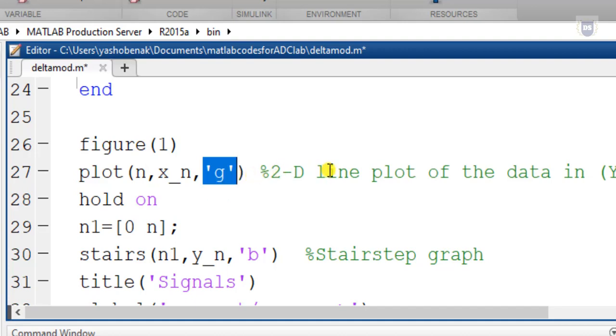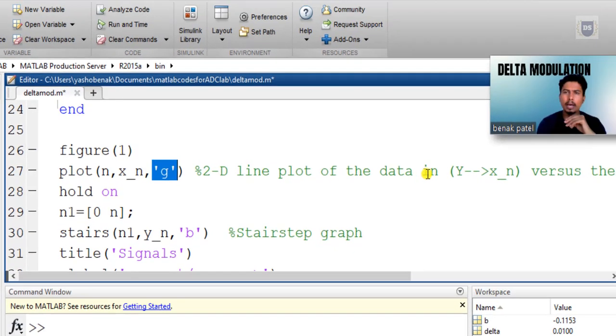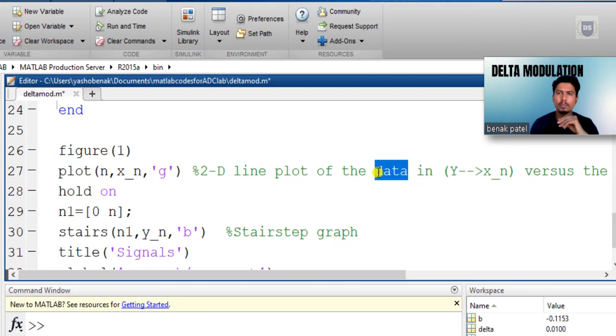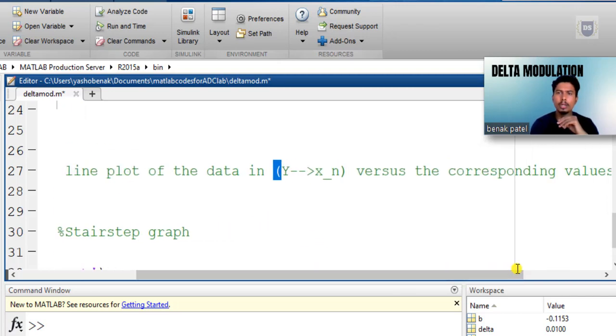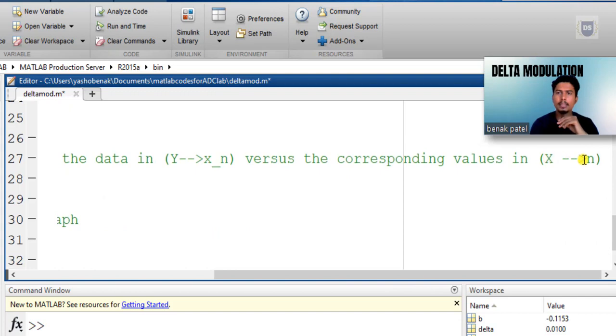This creates a 2D line plot of data, that is our analog signal, where this y-axis will be mapped onto xn, and this will be plotted against the x-axis, which corresponds to time, and here time is represented in terms of n.